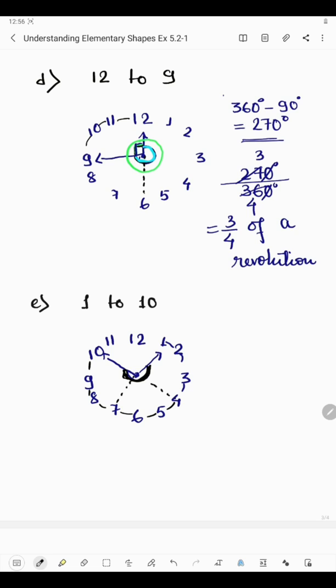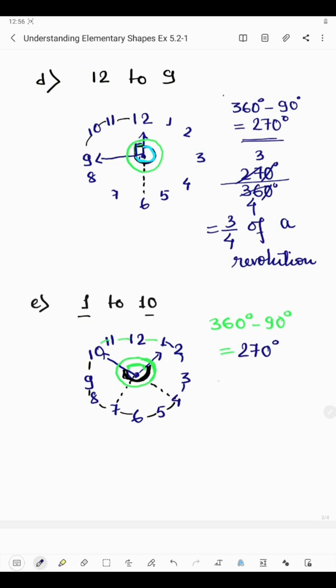So we need to find the reflex angle. That means what degree it makes if the hands of a clock rotate from 1 to 10. For this, we will subtract from 360 degrees because 360 degrees is the complete revolution. And from 10 to 1, 1, 2, 3, it makes 90 degrees, right? So if you subtract 90 degrees from 360 degrees, we will get the reflex angle. Okay. So 0 minus 0, 0. 10 minus 9 is 1, so 3 will be 2. So again, from 1 to 10, it makes 270 degrees.